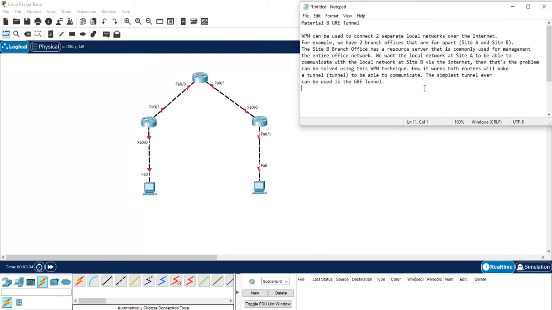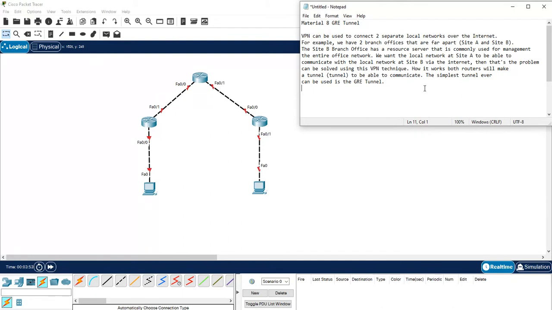We want the local network at site A to be able to communicate with the local network at site B via the internet. This problem can be solved using VPN technique.